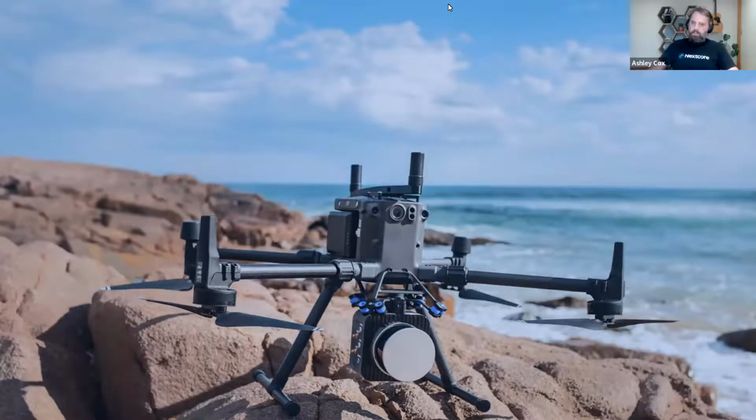We don't make drones themselves, but we make systems that will fit to drones. And basically they allow our customers to get to difficult to reach places to quickly and accurately map an area. So that